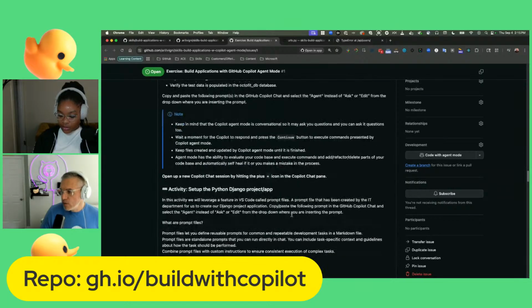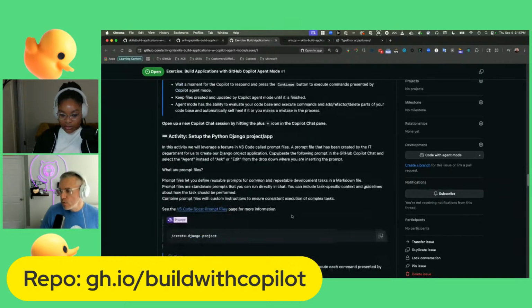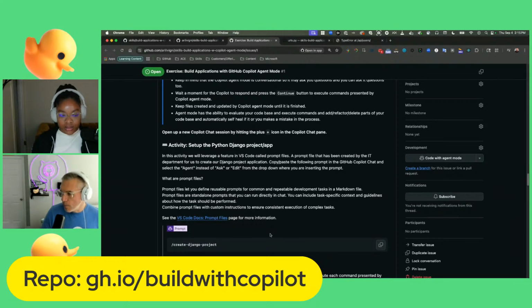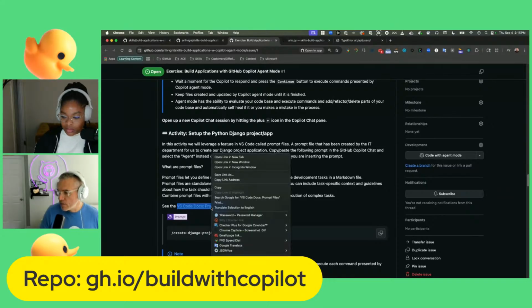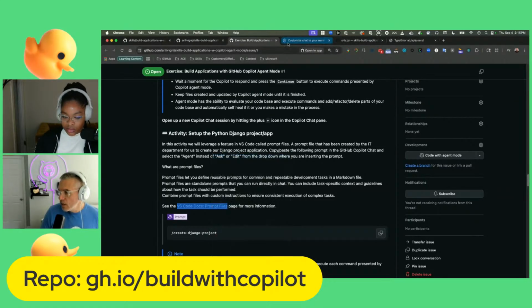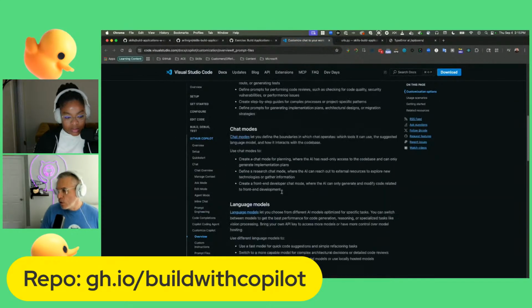And last time I also got some great feedback from DevRel folks on some improvements to make to this. So I added some docs at the top here for prompt files. I also let people know what we're doing here, that we're using these prompt files and what they're about, just what it means to create a prompt file and what's in it. And you can just open this link and dive deeper into